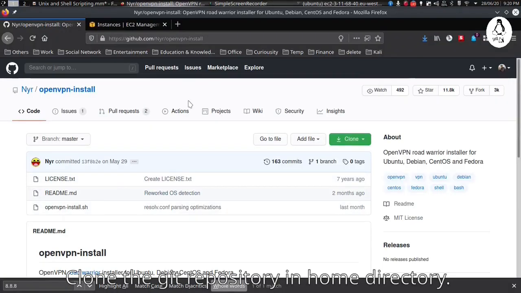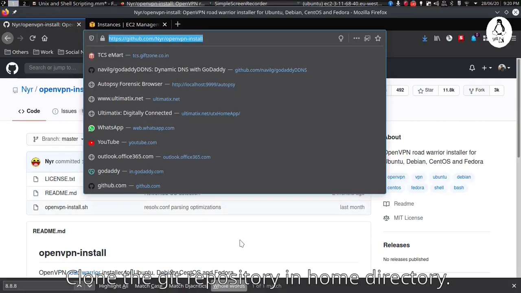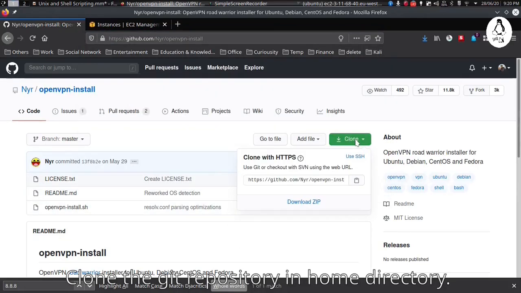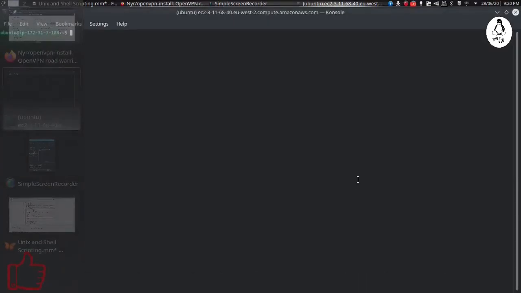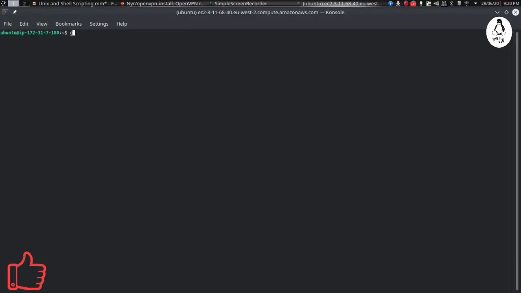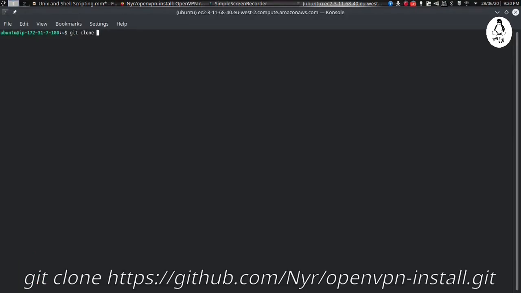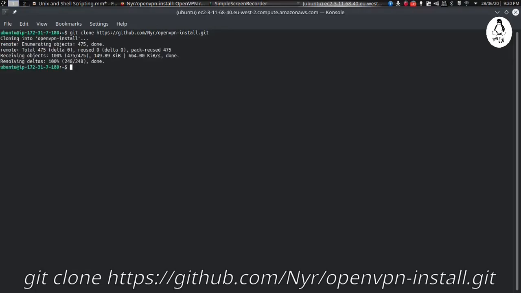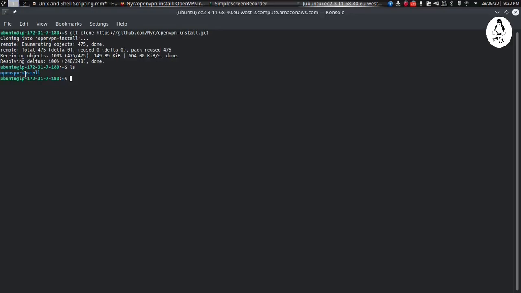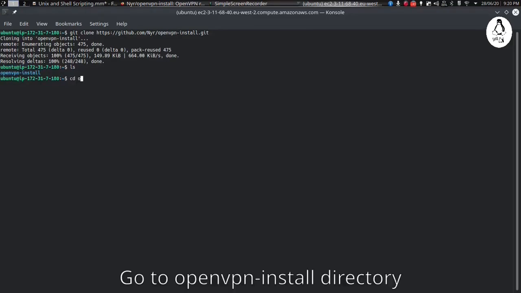Then we will clone this Git repository. You will find the link of this repository in the description. So type git clone and the URL of the repository. See, this is cloned here in the server. Go to the directory openvpn-install.